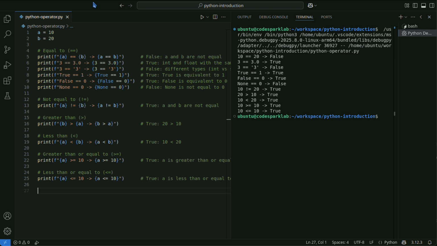In Python, you should be careful when comparing different data types. Some types can be compared with each other, but the results may not be intuitive.